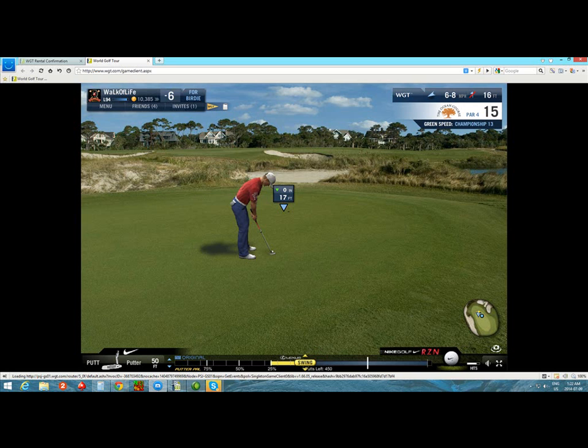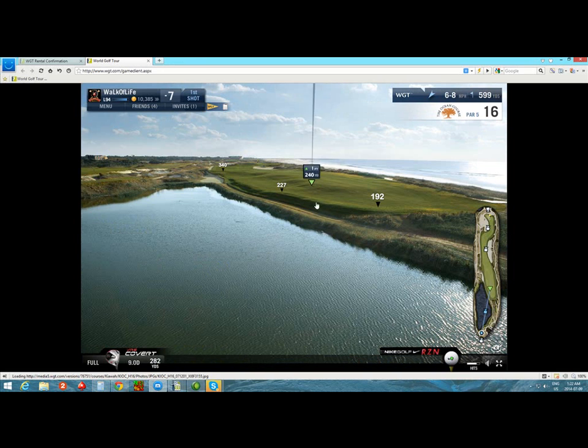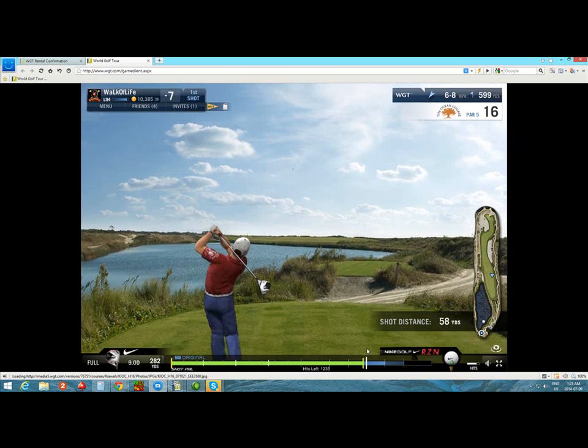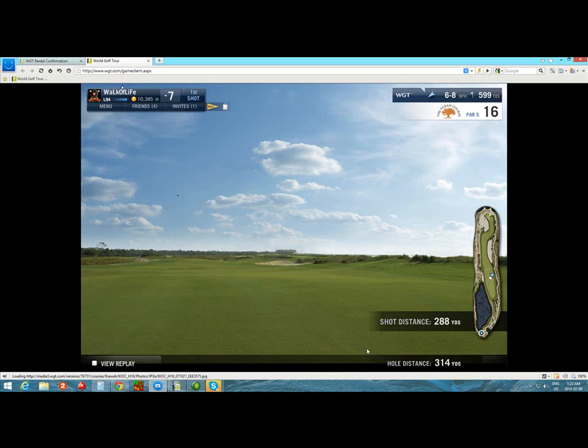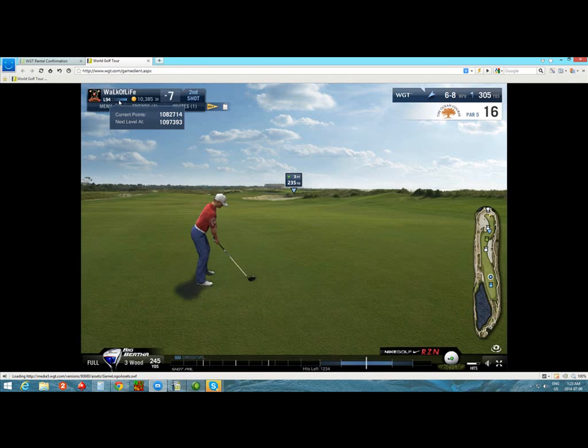16. So yeah, we got a par 5. The R11s won't be an issue on this one. It's something I think I just gotta stick with and really just, you know, it's only until level 97 anyway, which is only a couple more levels. I'm almost not very close to 95. So it'll be two full levels away from getting the other nikes, so